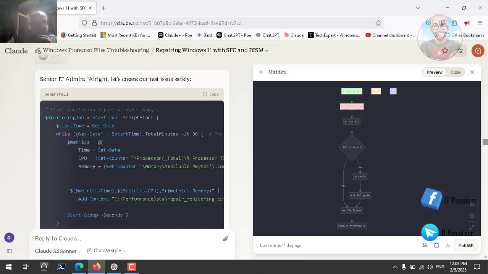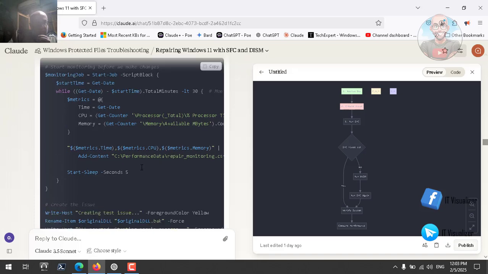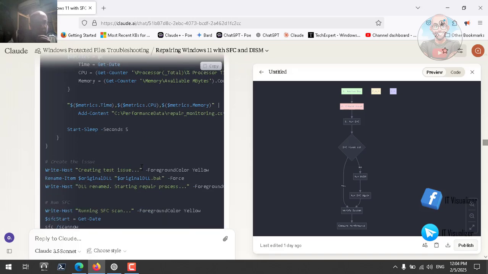Now we begin monitoring, start monitoring before we make changes. We are monitoring the processor and memory, and so we begin the process of monitoring before creating the issue. Now we will begin